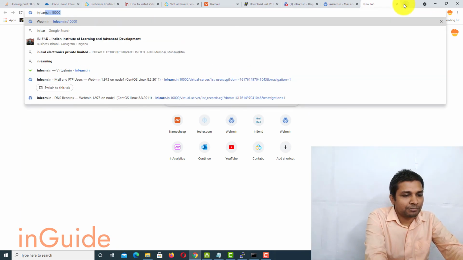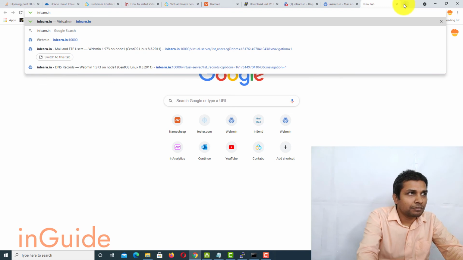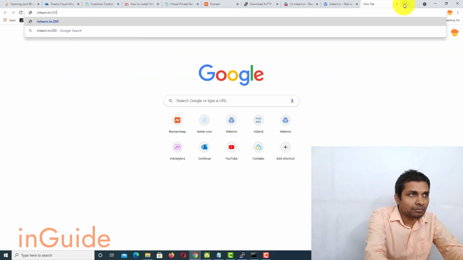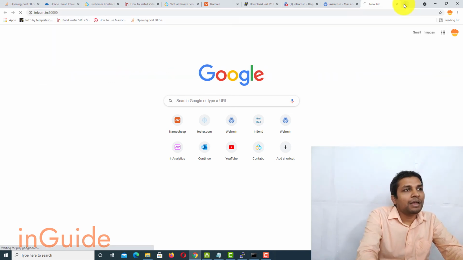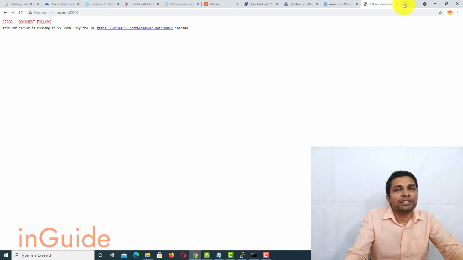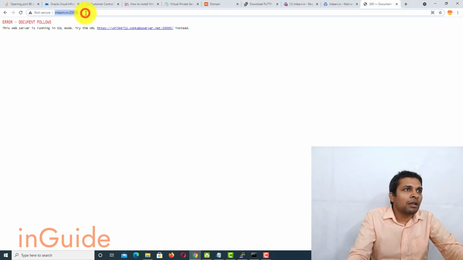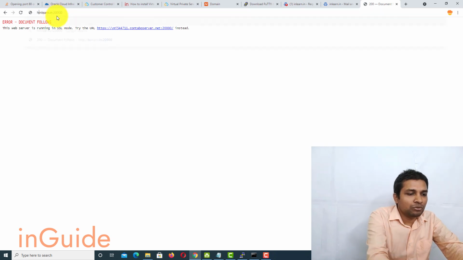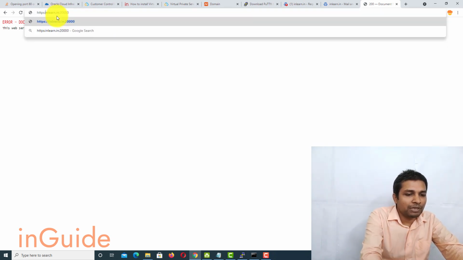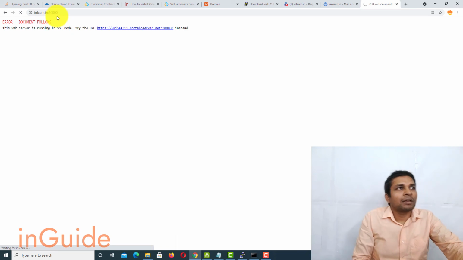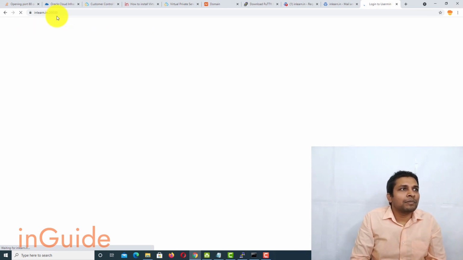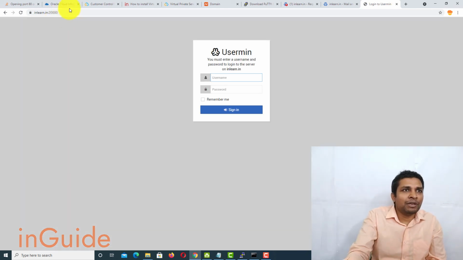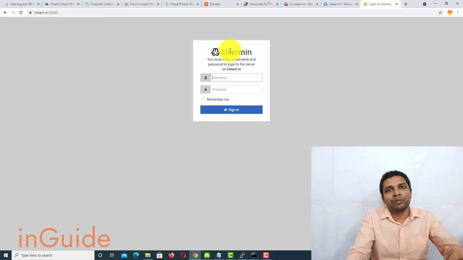And this time port is 20,000. Now here since I didn't type HTTPS, so that's the issue. I have to type HTTPS, and then you can see I am able to get the Usermin.